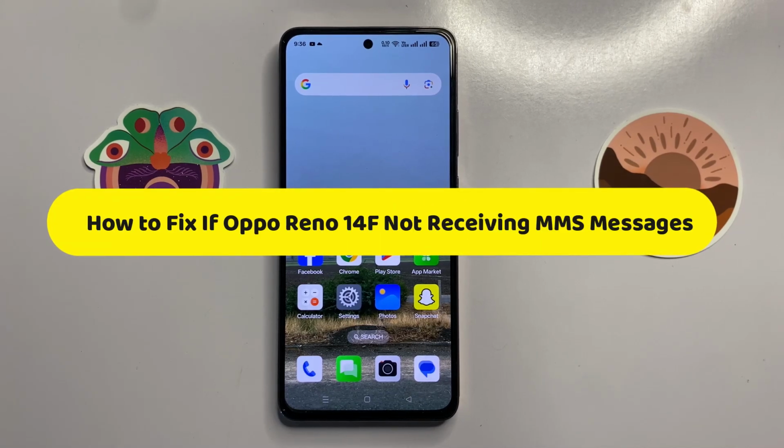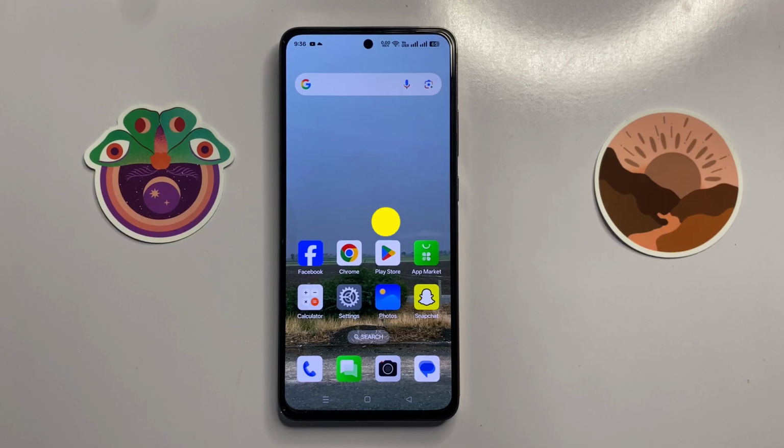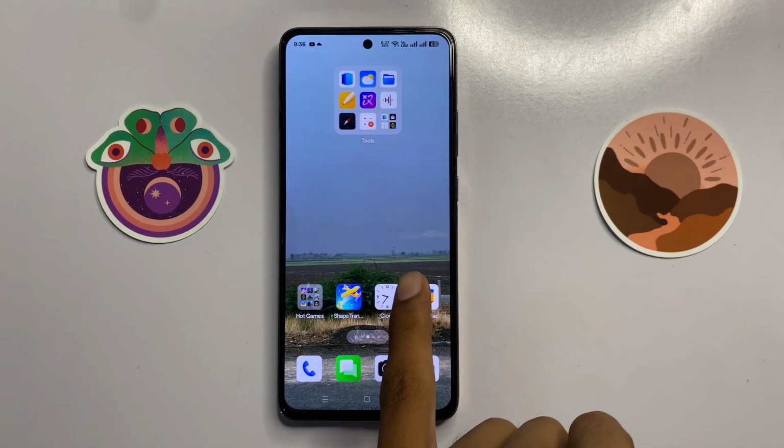How to fix Oppo Reno 14f cannot receive MMS messages. So let's start the video. First of all,